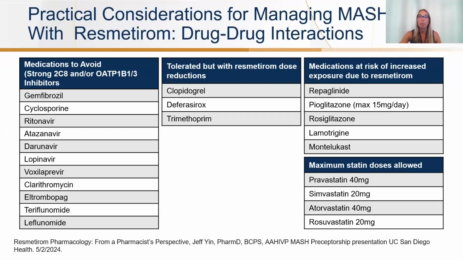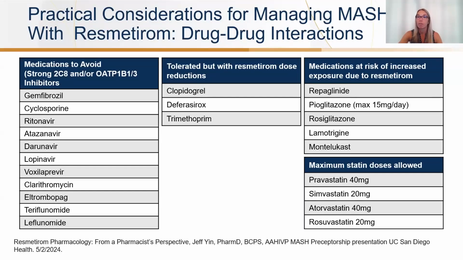Tolerated with resmetirom dosing, but we want to think about dose reduction with resmetirom. The most important probably here is clopidogrel. So those patients based on weight-based dosing that would be on the 100 milligram dose of resmetirom normally, on clopidogrel, we're going to reduce that to the 80 milligram. And those based on weight-based dosing that would normally be on the 80 milligram, there's actually a 60 milligram dose of resmetirom available if we have to dose reduce based on these concomitant drugs. And notably, we'll find clopidogrel probably more frequently.